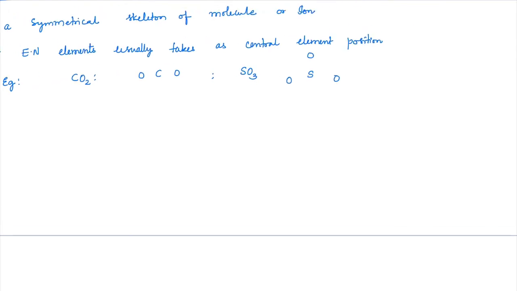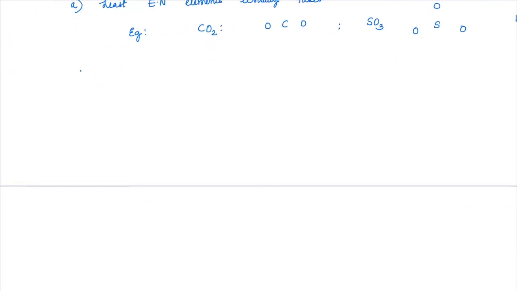Okay, there are a few cases where the more electronegative element will be the central atom, like in the case of H2O. Here oxygen is at the center and hydrogens are far away because there is no other alternative. But other than that, if nothing much of an information is given, we'll always write the less electronegative element as the central atom.